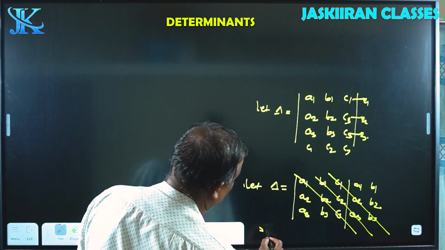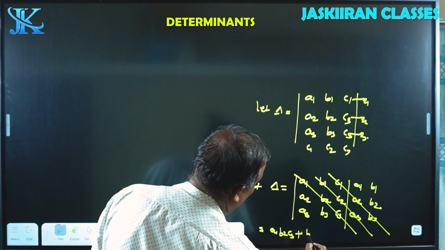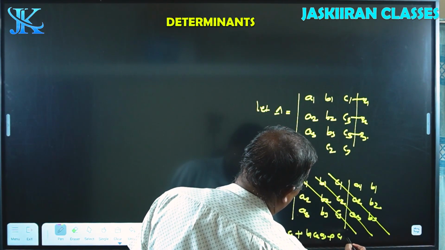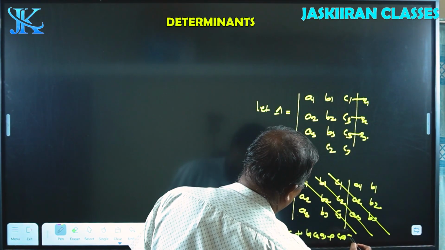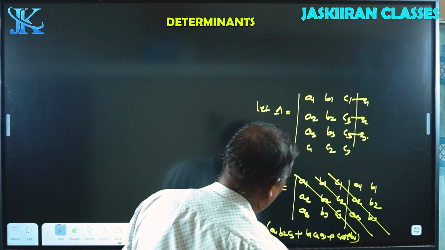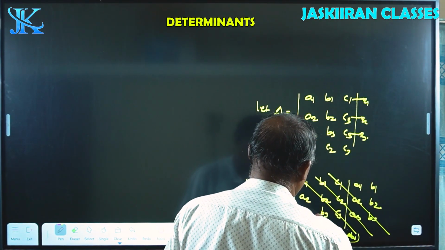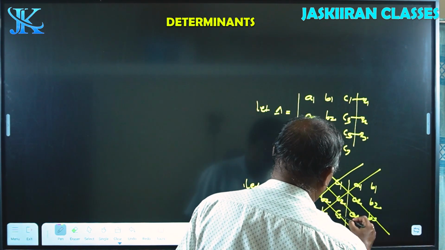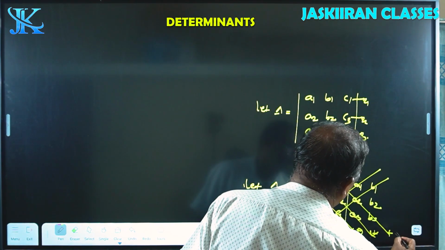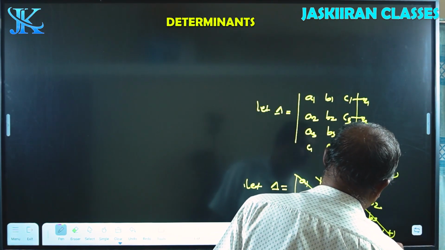So that is A1, B2, C3 plus B1, C2, A3 plus C1, A2, B3. Then downward is plus and upward is minus. Minus and minus and also minus. That gets the sign of plus and also minus. Then that is minus of